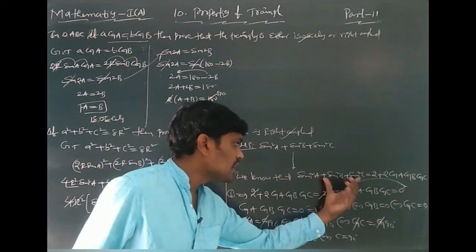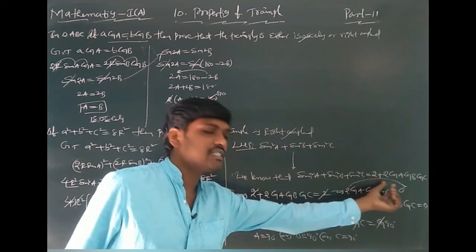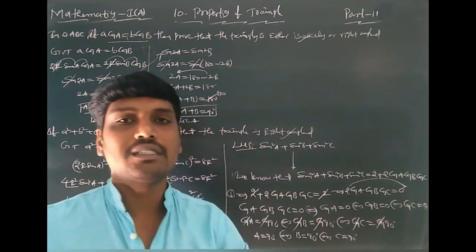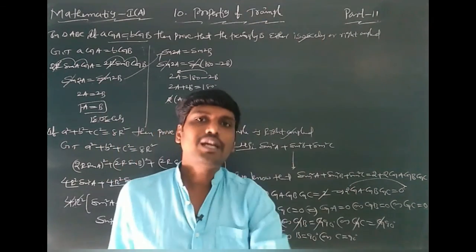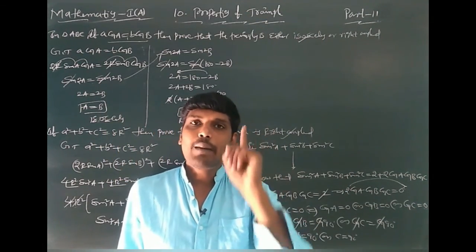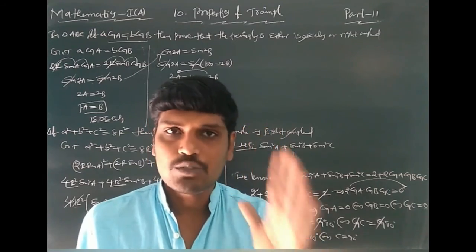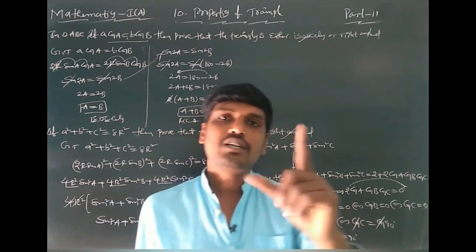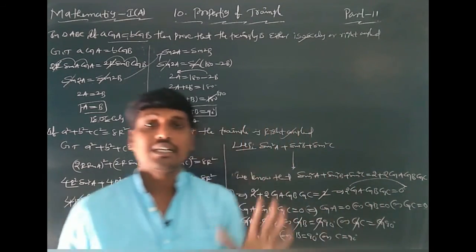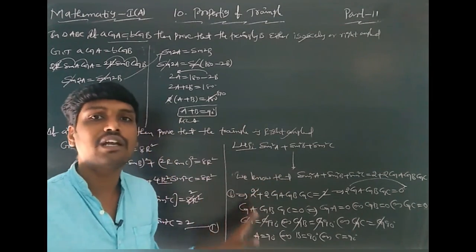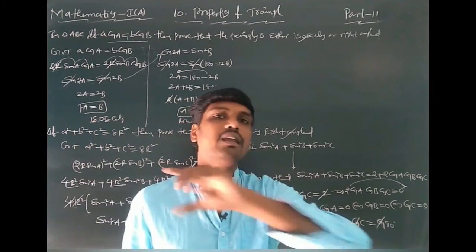This answer, sin square A plus sin square B plus sin square C equal to 2 plus 2 cos A cos B cos C, you can do the total problem by using trigonometric transformations. It is a 7 marks problem model. Understood or not? In that way you can do it and you get 7 marks. Otherwise if you write only the shortcut, you get 4 marks and 3 marks can be lost.